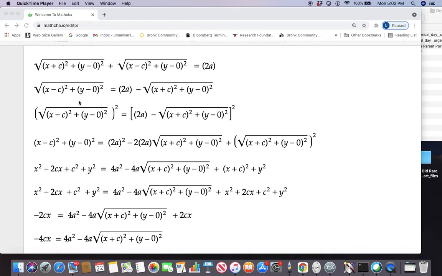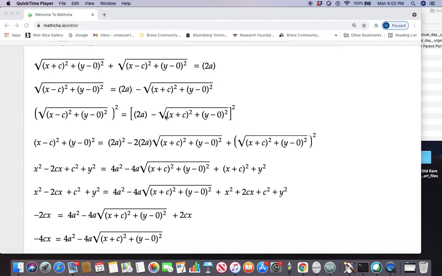Square both sides. The right-hand side has two terms separated by a minus, so you need a bracket to square it. When you square, the square root goes away on the left, leaving (x minus c) squared plus (y minus 0) squared equals